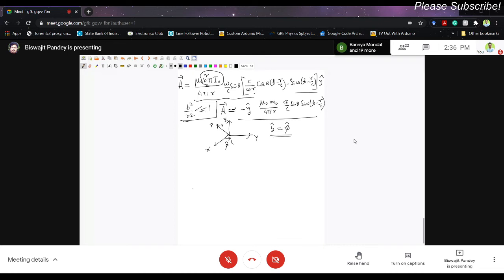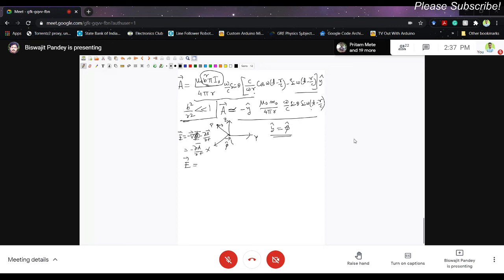So you can now calculate the electric field. Electric field is E equal to minus grad phi minus del A del t, but there is no scalar potential here, phi is 0. Here I'm writing phi as the scalar potential, not the angle phi. So E is simply minus del A del t in this case. The electric field associated with this oscillating magnetic dipole is given by the time derivative of this one.